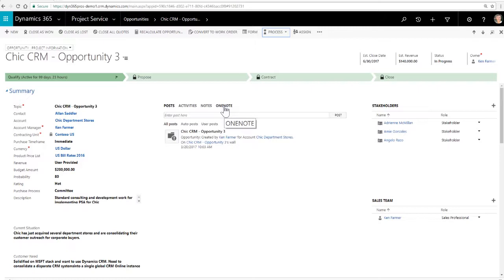But here in the opportunity, you have what I like to consider the basic demographic information here on the left-hand side. Who the contact is you're dealing with, the account, who the account manager is. In this case, it's going to be moi. We have the concept in Dynamics 365 of having different contracting units. So as a large organization, we may have a US group or a Western group,